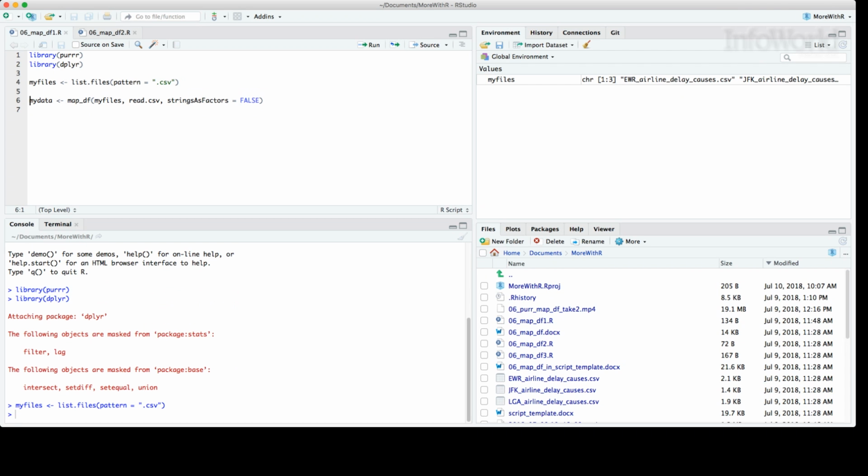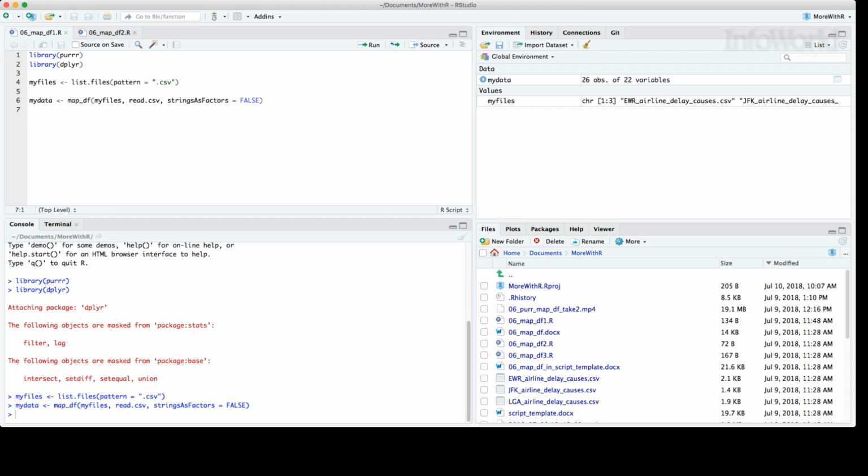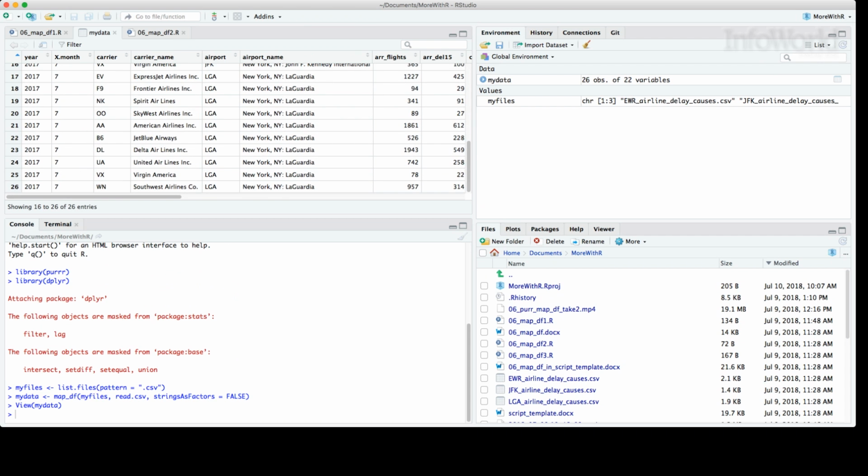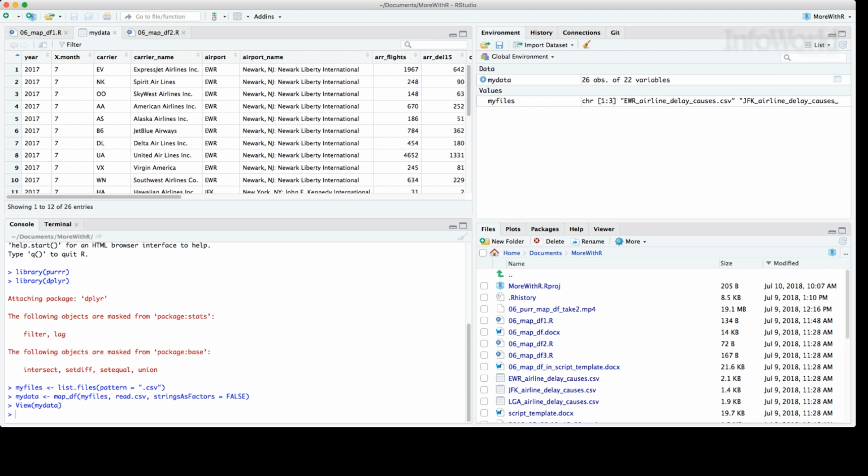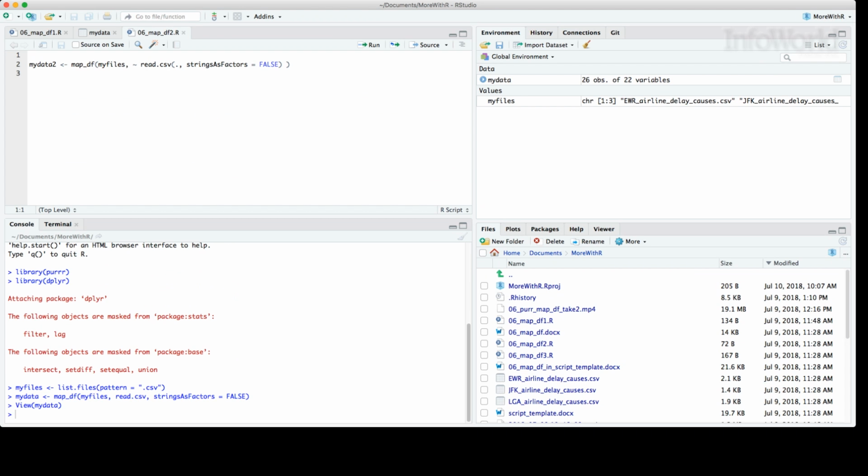Let me run this code. And that's it. You can see I've got a new variable, myData, and all the data is in a single data frame. This is a pretty simple example. For more complex operations, the map functions have a different formula format. Here's what the same thing looks like with a map formula syntax. Subtle difference. Here you've got map_df, the data, a comma, and then a tilde. That tilde says what follows is a formula. Then you can write code to act on each item in your data using a dot to represent that item.